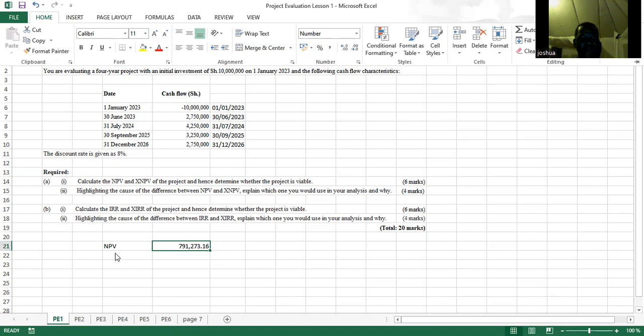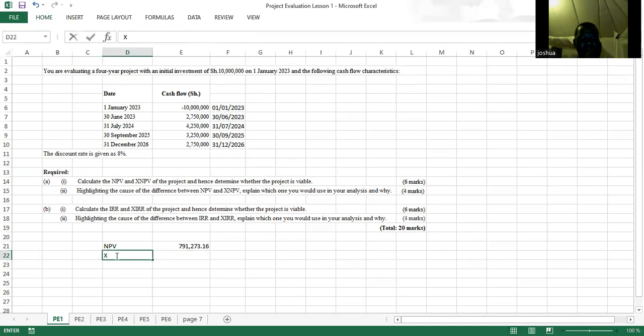We'll go to XNPV. Come here. We'll start with an equal sign, XNPV. For XNPV, it's a little bit different. It also has the rate. You see here the formula is requesting the rate. So the rate is 8%. And you've been asked for the values. Under XNPV, we will take all the values. We will not exclude the first value. So here we take all of them this way,